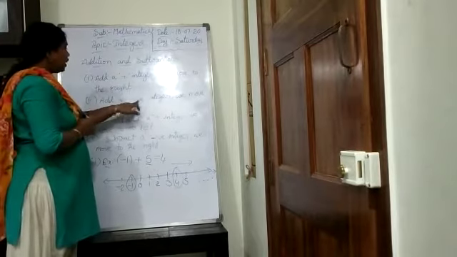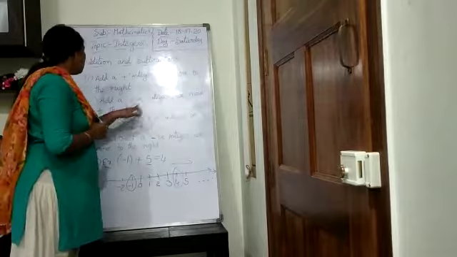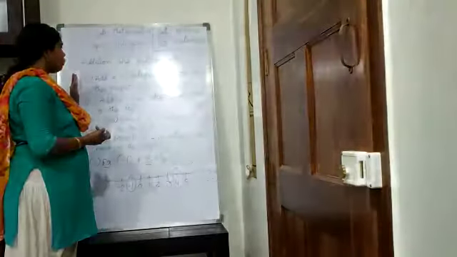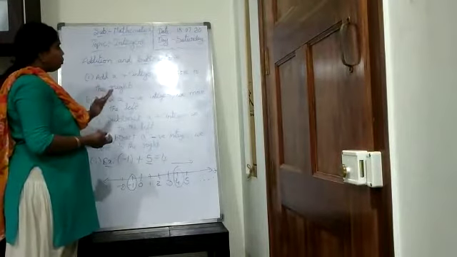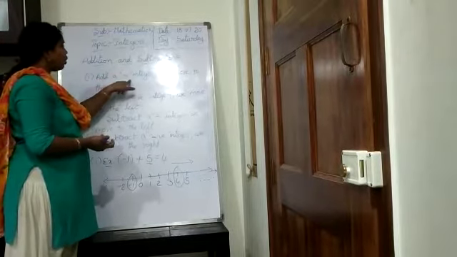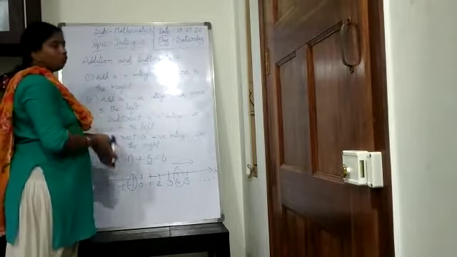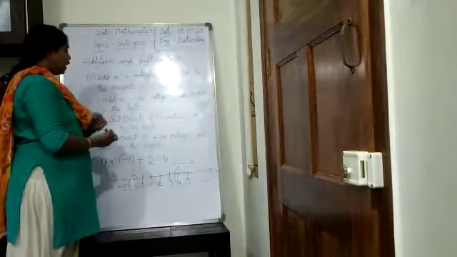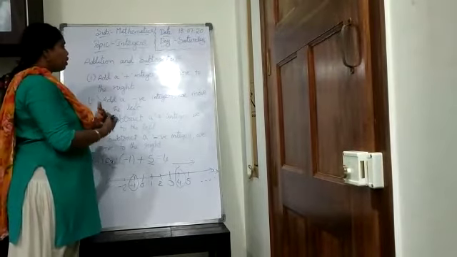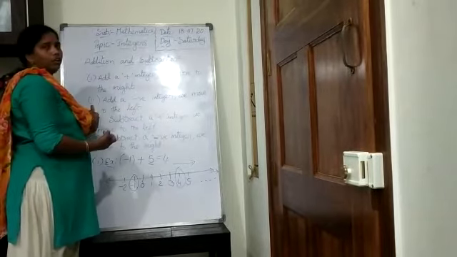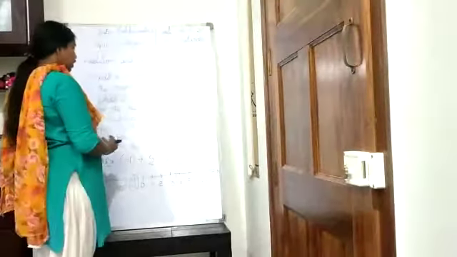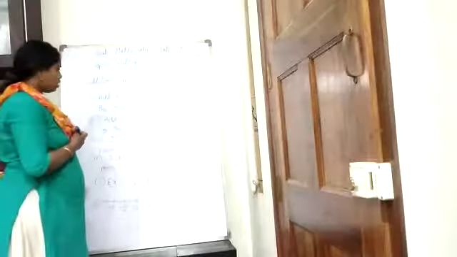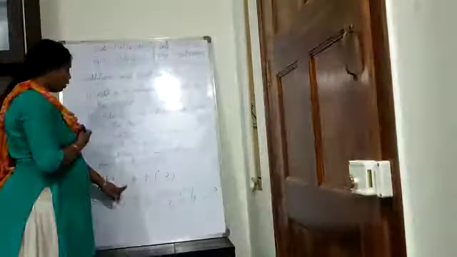See, add a negative integer: we move to the left side. The first point tells that for any number, when we are adding a positive integer, we have to move towards the right side. But instead, when we are adding a negative integer, we have to move towards the left side. We will see the second point with an example.